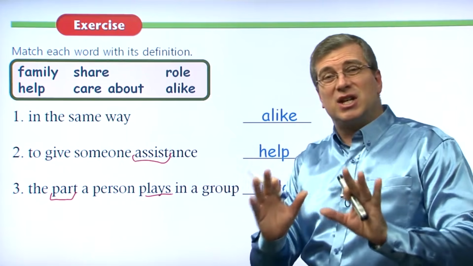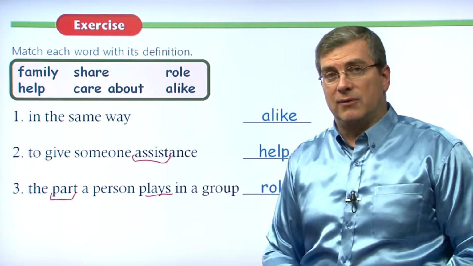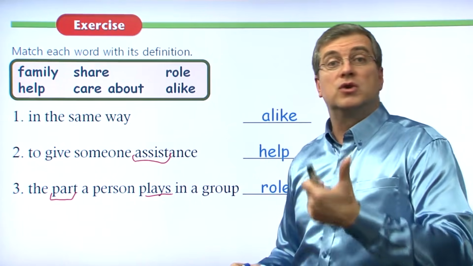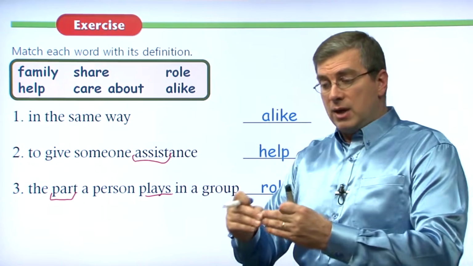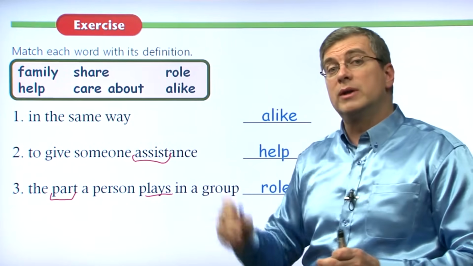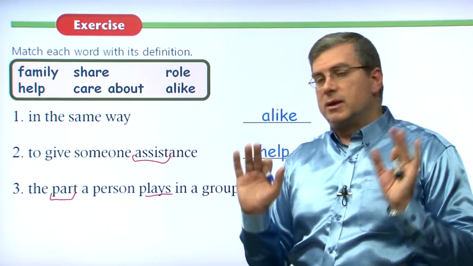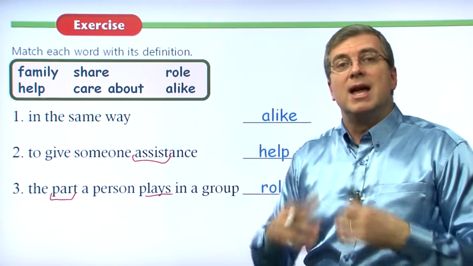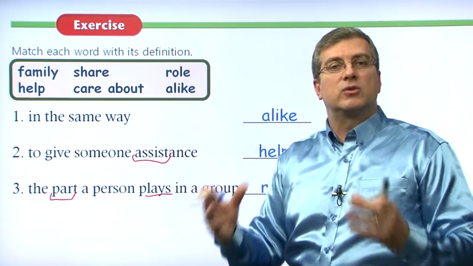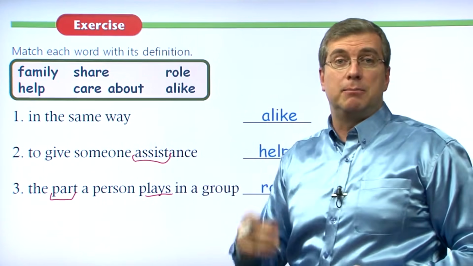By the way, it's not just families that have roles, right? Any group might have them. If you have a soccer team, you have a coach. The coach fills a role. You have people who play in the front, forwards or strikers. Their role is to make the goal. You have people defending the goal, a goalie, for example. Everybody has different roles in a group. And a family is just another group where different members have different roles that they play.